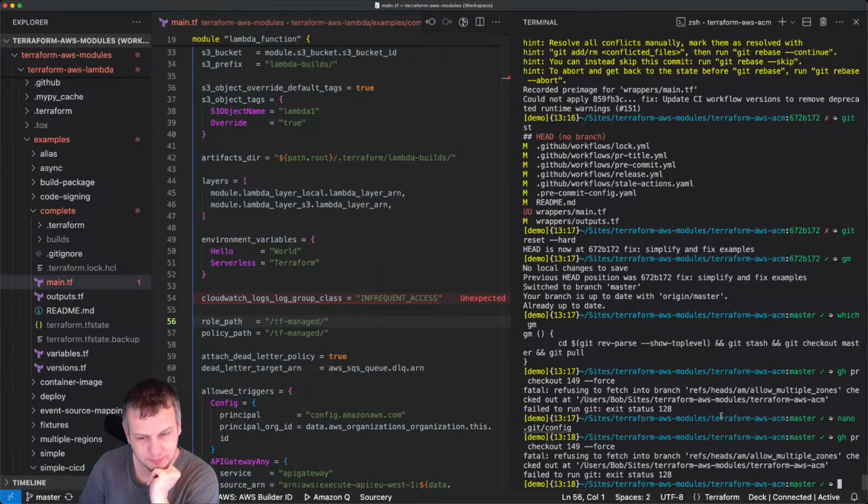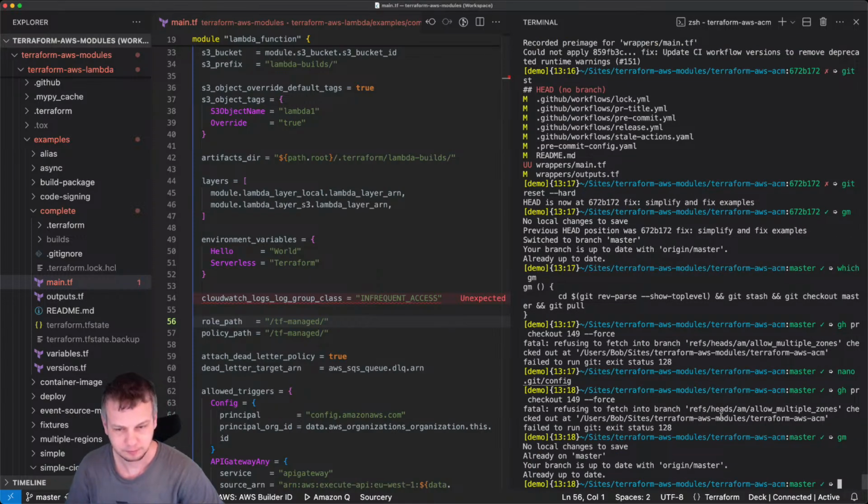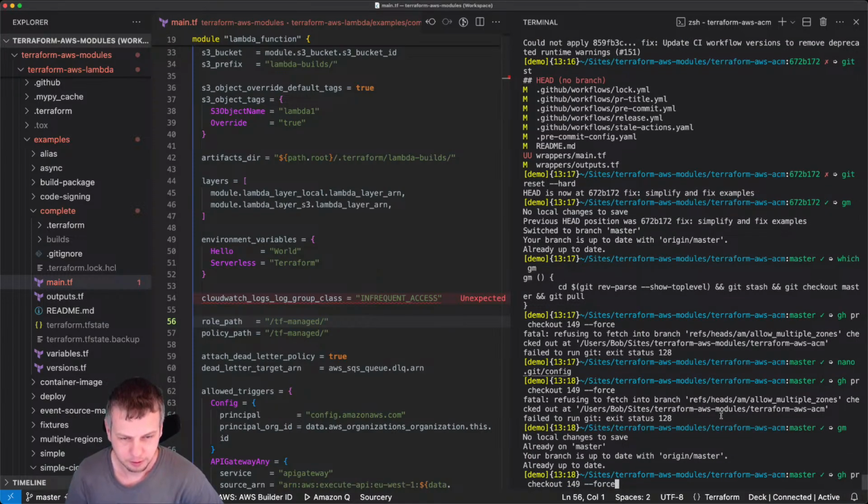Refusing to fetch into branch. Checkout failed on git.